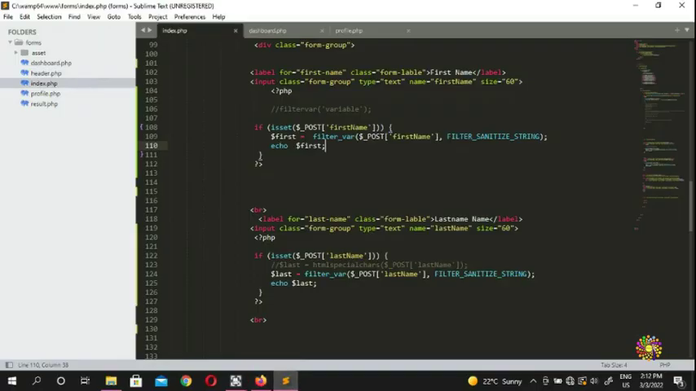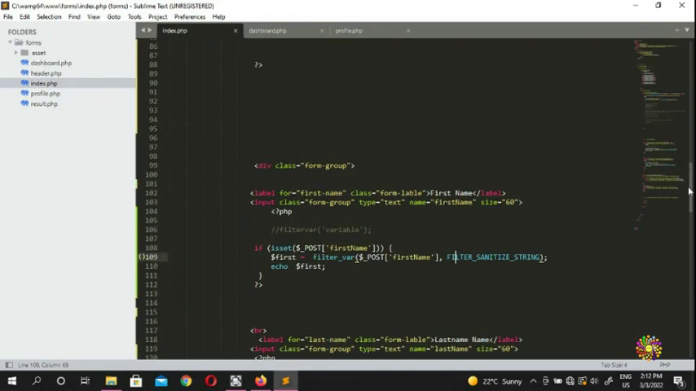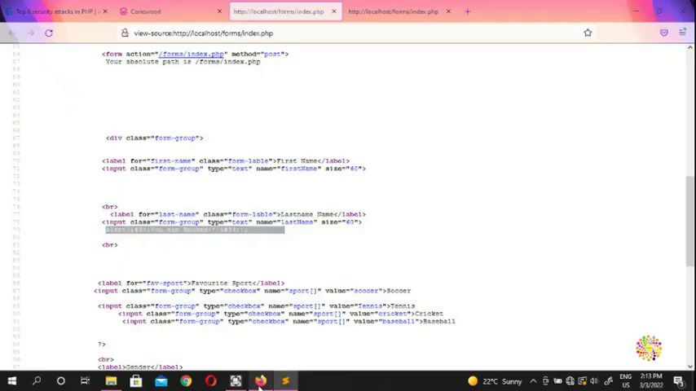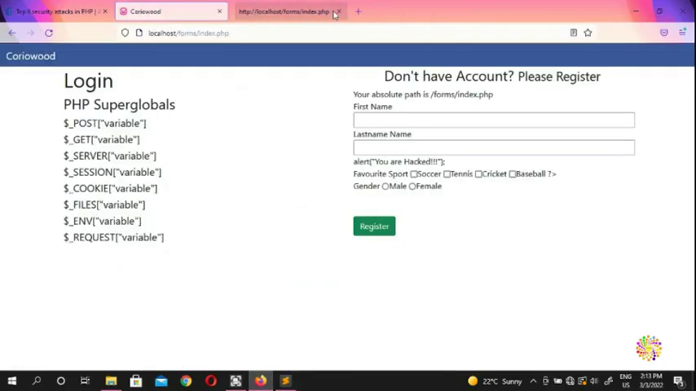You can use this one, filter sanitize string. You can do filter sanitize email as well, and we're going to try it on email. But before that, you need to create, say, first name. We're going to redesign this one. We're going to say username, first name, last name, email and password